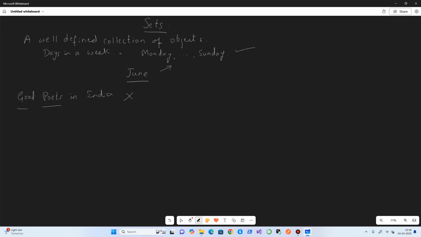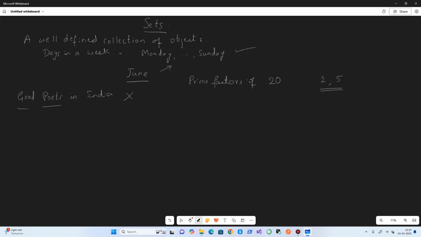Similarly, for example, if I say prime factors of 20, we can find the factors of 20 and then say that among those factors the only prime factors are 2 and 5. Only these two are the prime factors of 20.